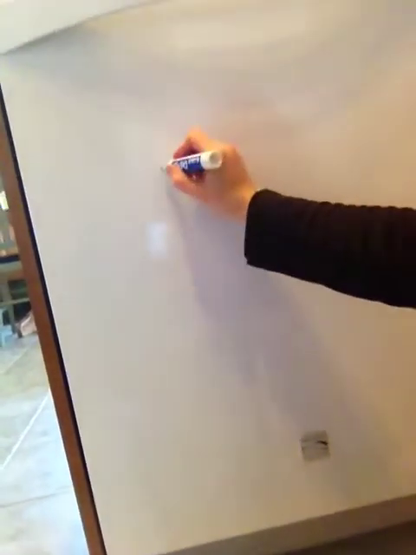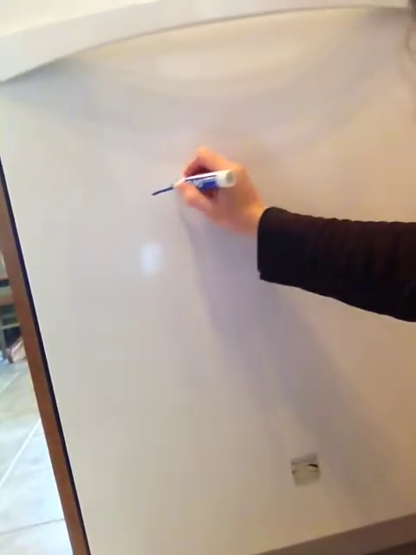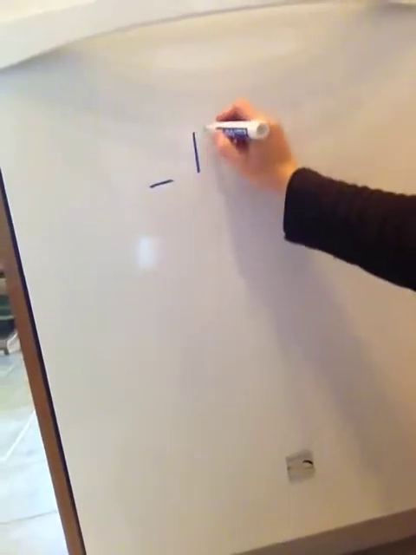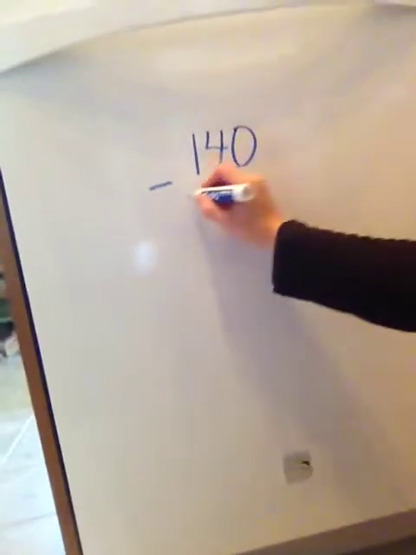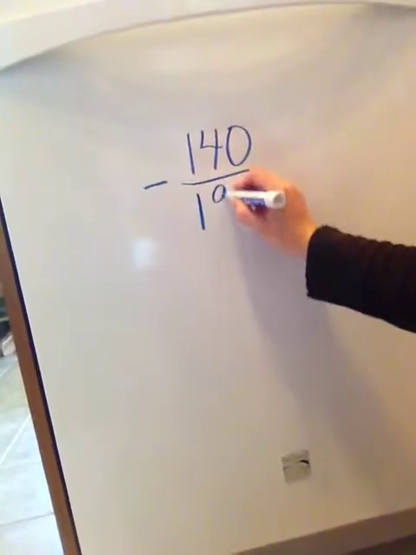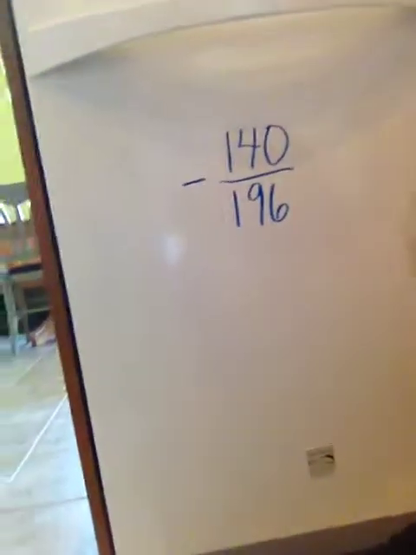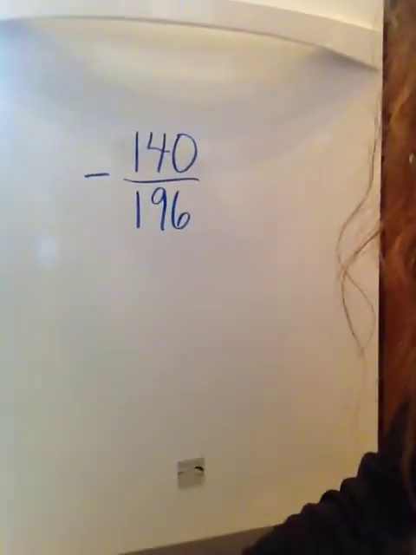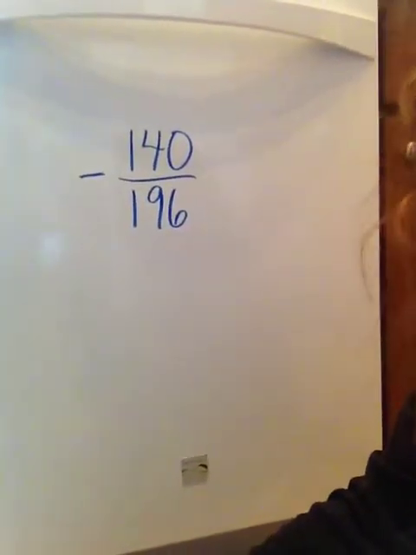So let's say I've got negative 140 over 196. Okay? So if you remember a long time ago,